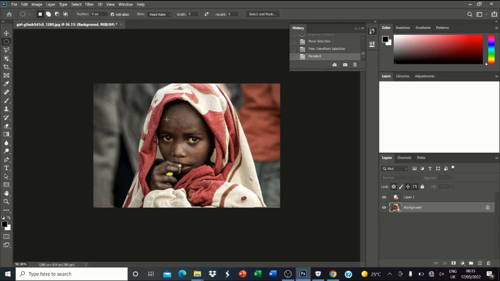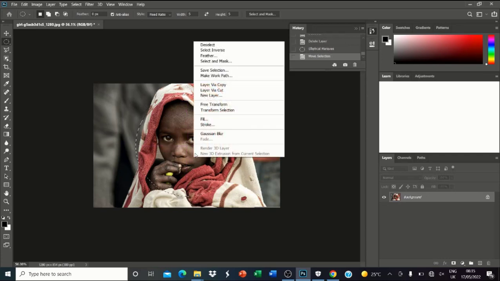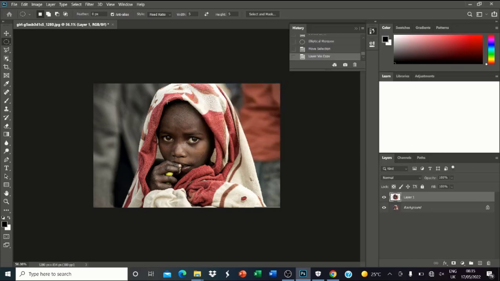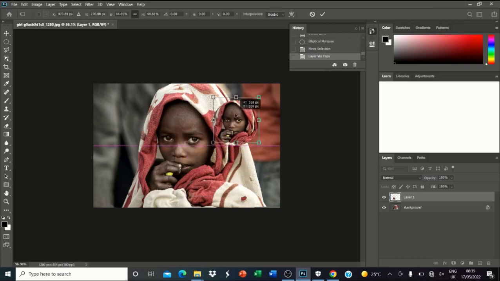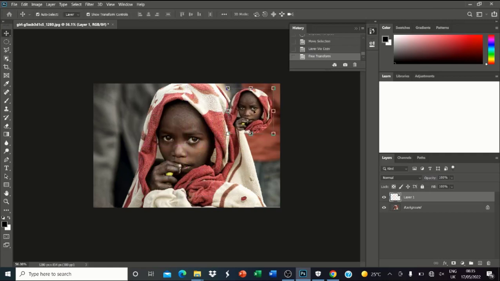You can feather and do a number of things. So let's just do a quick one. We want to have this image duplicated on either side and make it a little more attractive. So let's use the elliptical Marquee tool, and then we bring it to the center. We do layer via copy, and then we use our move tool, select the edge, reduce the size, and you move it to the edge. Now it gives you a beautiful,